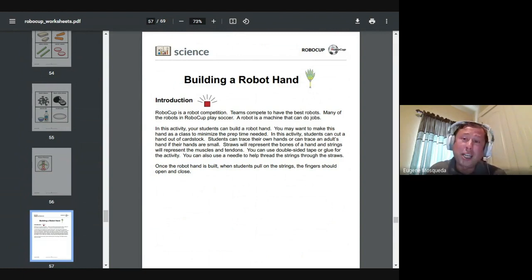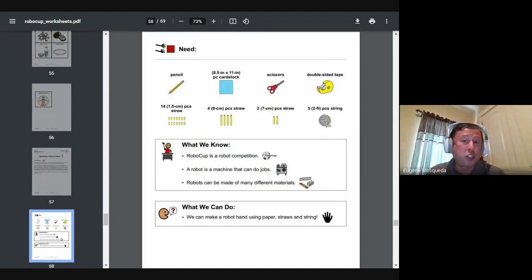So what I love about News to You and their science activity, it's so easy, it's so intuitive, and it's just made for teaching the students really quickly. And the only thing you need is just to get some of the materials. But if you just look at that, it's just there for you. When I signed up to do this, I just want to share this because it's so easy. So you get the quick synopsis of building a robot by hand in this section. And then you get what you need.